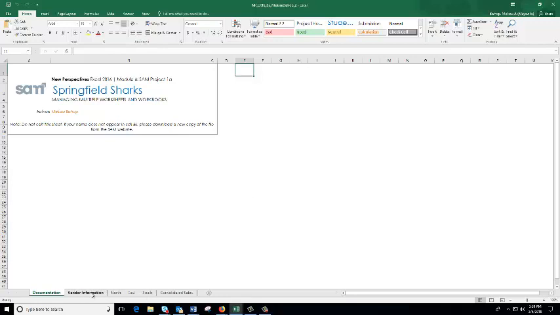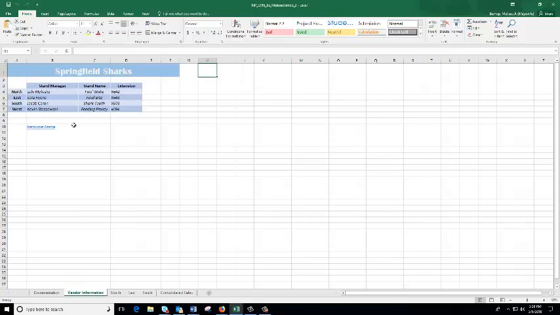So here we have the tabs for the different worksheets at the bottom of our workbook. And I'm going to click on vendor information. And notice if I click on Loki Milosky, the stand manager, that the data here is actually pulling from an external source. You can look up here in the formula bar and see that. Well, our first step is asking us to clear that external link or remove it,